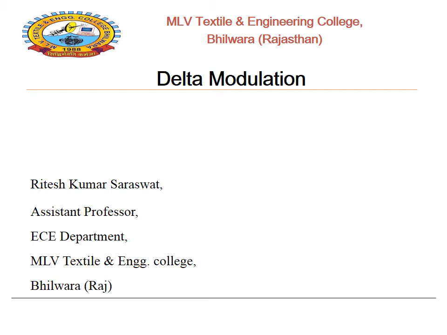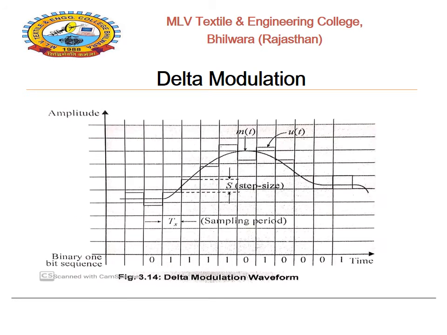Today we will discuss delta modulation. It is an upgraded form of pulse code modulation. In pulse code modulation, all the bits which are used to code the sample are transmitted. Hence, signaling rate and transmission channel bandwidth are large in a PCM system, pulse code modulation system. To overcome this problem, we use delta modulation.